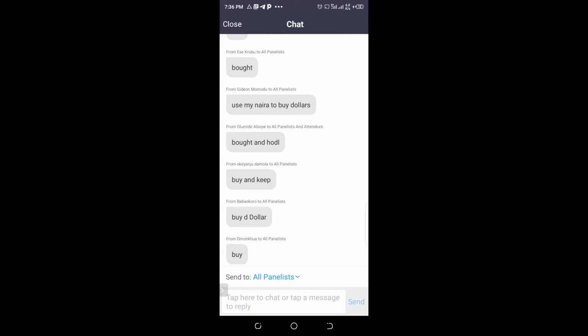Everyone that we have on this call, you need to start thinking like an investor, because that is how you can survive in this market. So that is why we buy, guys. The reason you buy is because you know that the exchange rate is low, and you know that it is going to appreciate. So if you had bought the dollar at 350 naira per dollar, that was